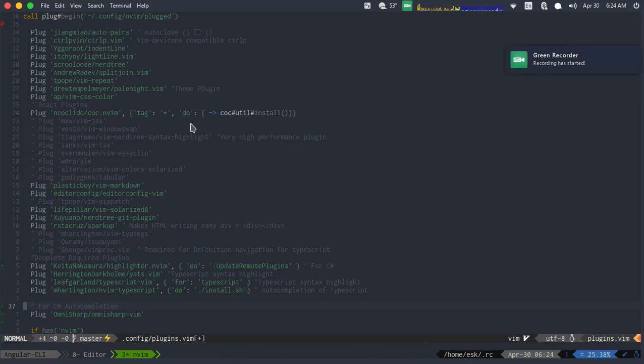Okay, so plugins. By default, Vim doesn't come with any plugins, so you have to install the plugins yourself. There are so many different types of plugins for different purposes. Say if you're using Vim for your TypeScript editing,